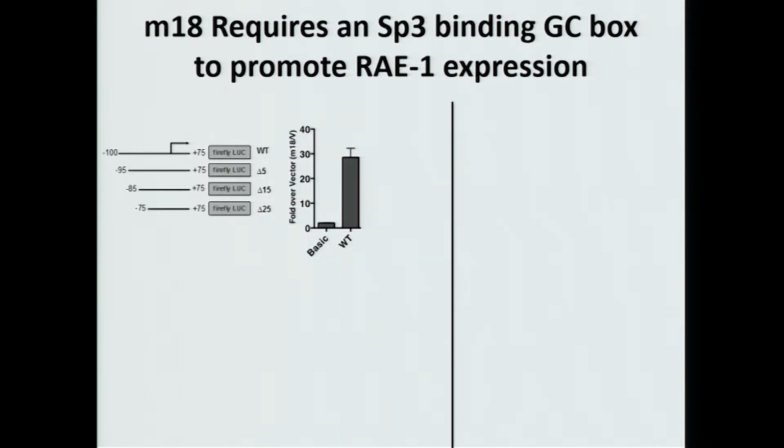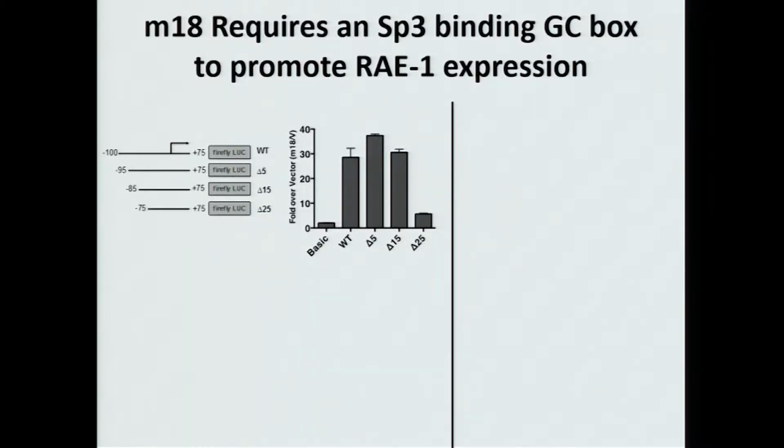And so as you can see here, co-transfection of M18 with the wild type RAE1 promoter induces expression off of this promoter very well. So looking for elements that might be important to this, we created deletions of this promoter. And as you can see here, deletion of 15 nucleotides had no effect, whereas deletion of 25 nucleotides almost completely eliminated this inducibility. And so comparing this to sequences of transcription factor binding, we were able to show that this was very homologous to the binding sequence for SP1